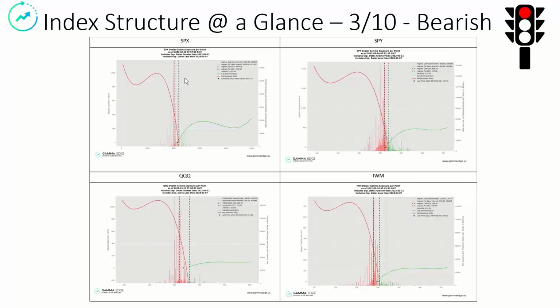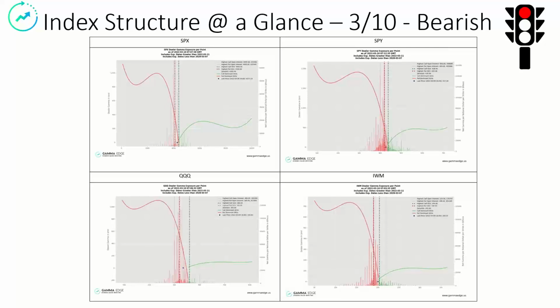The SPX is shown here in the upper left, the SPY in the upper right, the Qs here in the lower left, and IWM in the lower right. You can see in all cases here, we've got net negative gamma across the board. You can see the gamma distribution for each of these, and the tools on the site allow you to zoom in and do a number of things here and analyze this. Overall, we're very bearish. We are somewhat improving, as you'll see, but overall, expect higher volatility, expect the markets to